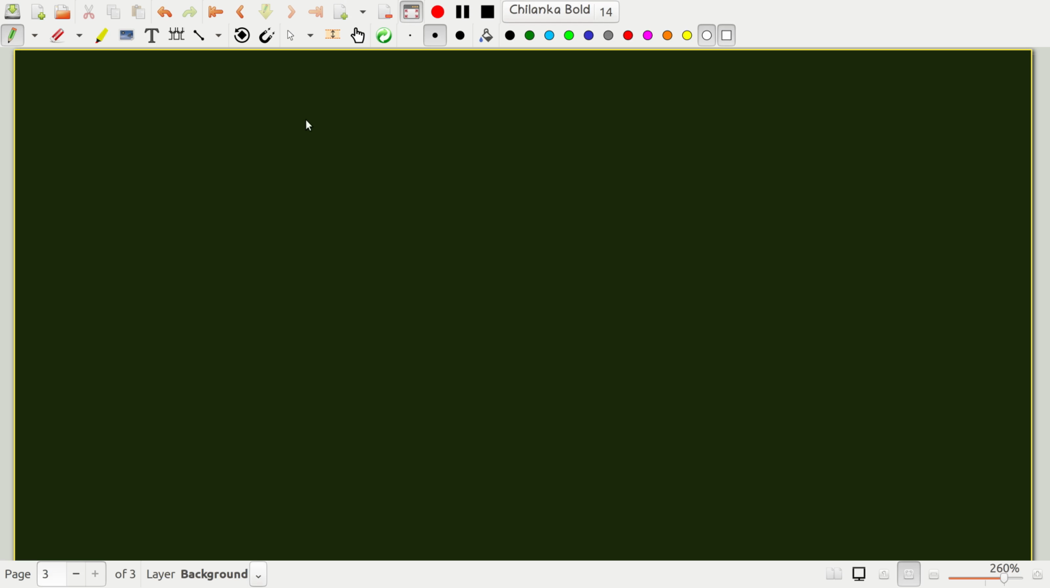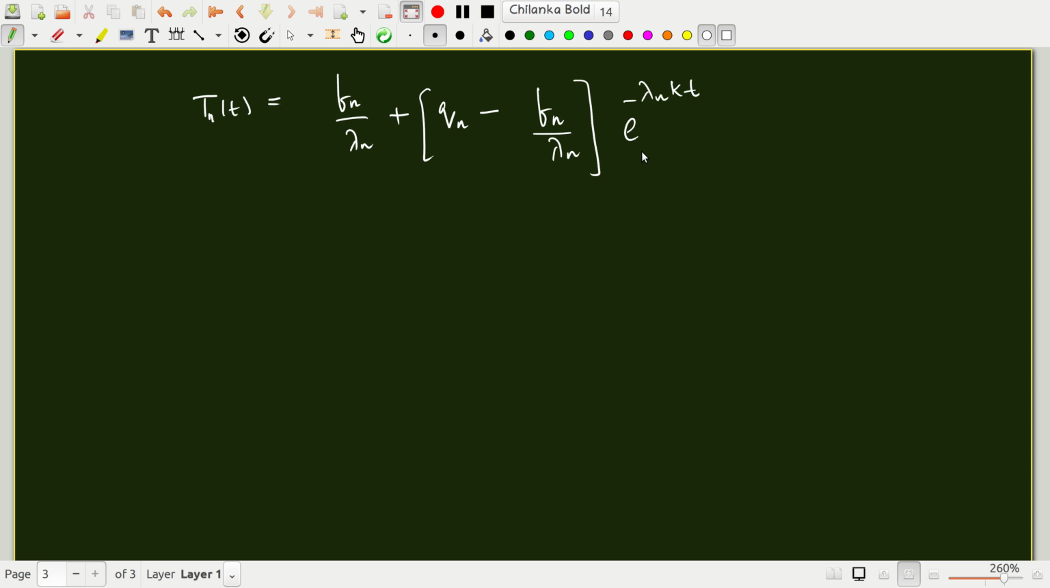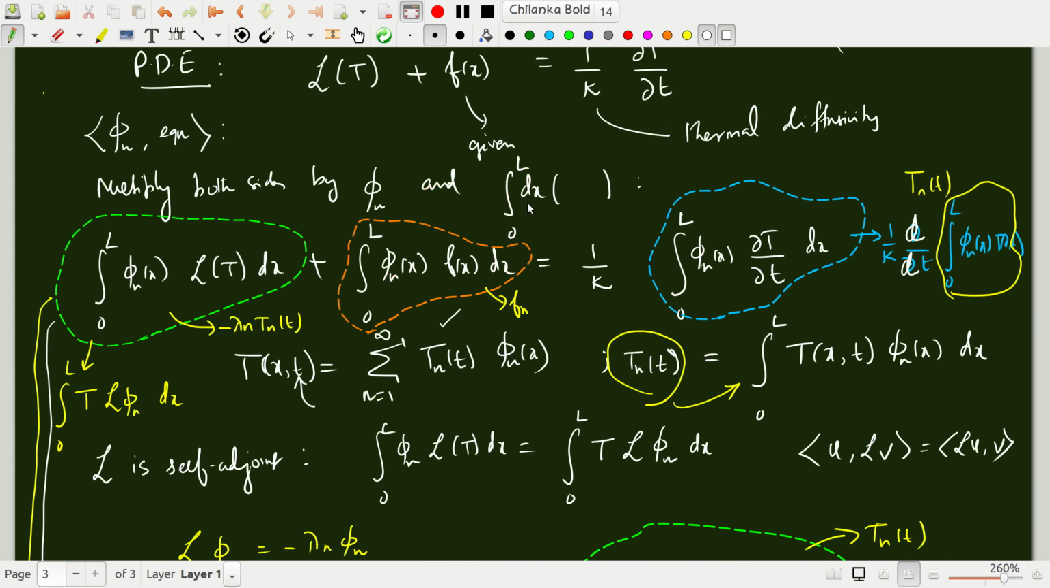So now the solution Tn of t is nothing but Fn by lambda n plus qn minus Fn by lambda n, times e to the minus lambda n kappa t. This is the solution to this differential equation in terms of Tn's of t. But we are not interested in Tn of t, we are interested in T of x t, but that is simple because we originally started off writing